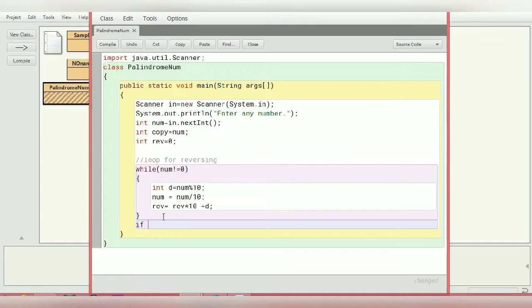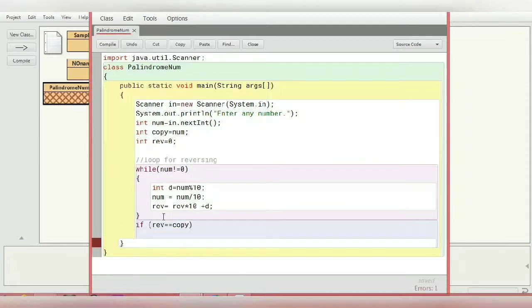If reverse is equal to the copy which we have made, then our number is, so we'll print it, that the copy number is a palindrome number.